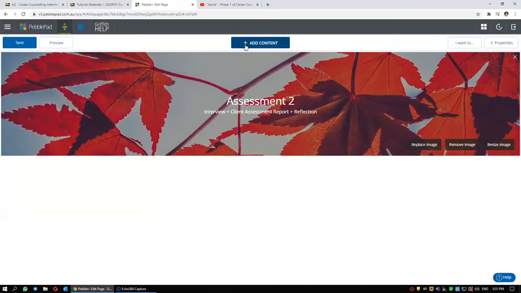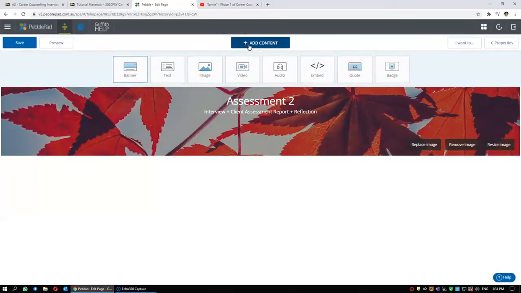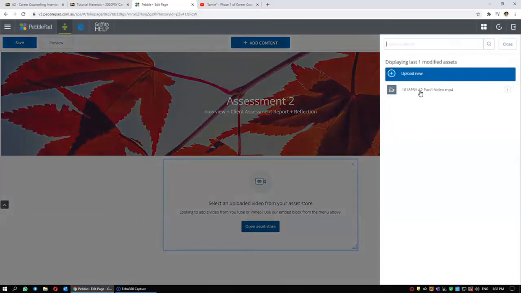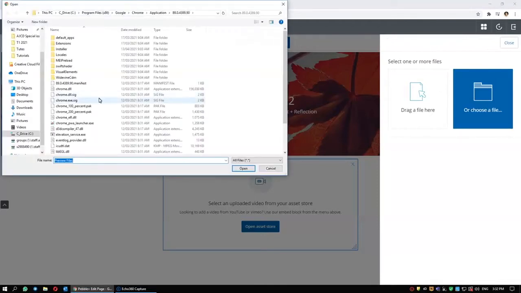In order to add your video, let's click on that Add Content button. There are obviously two options for you to upload your videos. The one option is to just upload the actual file that you have directly into the PebblePad page. For that option you need to click on this button that says video. Once you choose that, this section appears, and then you need to click on Open Asset Store. If you have previously uploaded the video, it shows as this 1080 PSY video that I have here, but if you want to just upload it right now, you click on this Upload Now button, and it brings you to